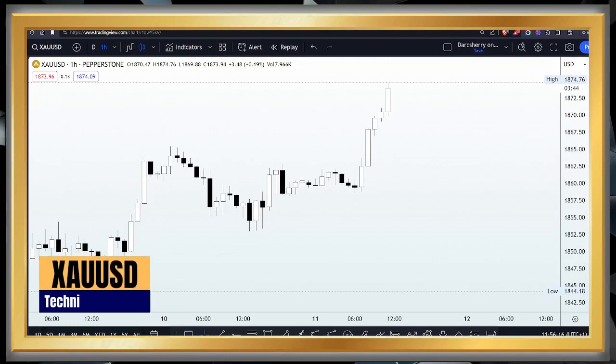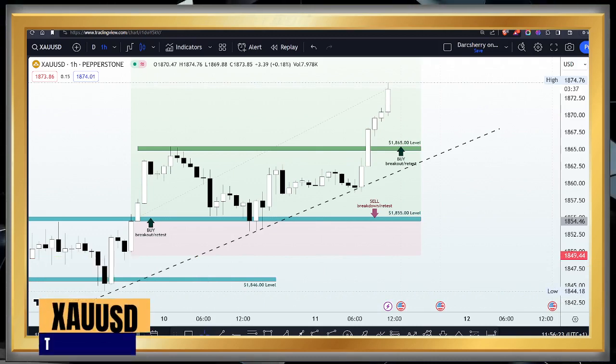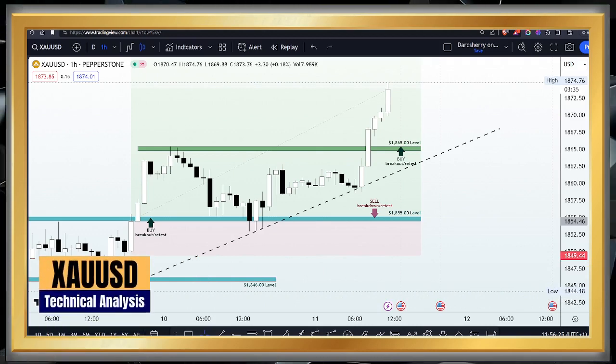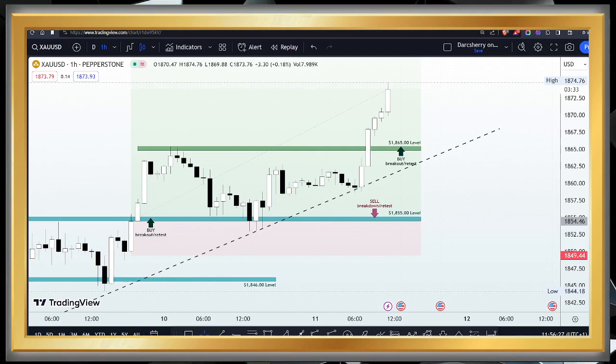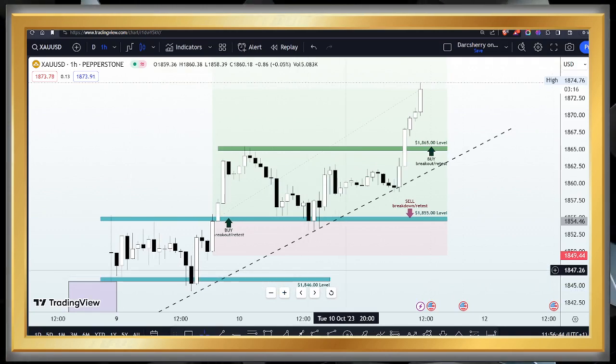So the final asset on our watch list for today is my favorite, and that is the XAUUSD, popularly known as the gold spot. And on the gold spot so far this week, we have been doing pretty well, though the week started very sluggish as we had a slow start to the week. But our patience later paid off as we were able to take advantage of a buy position. In fact, we have two buy positions running at this point in time.